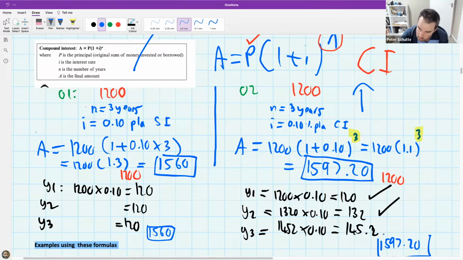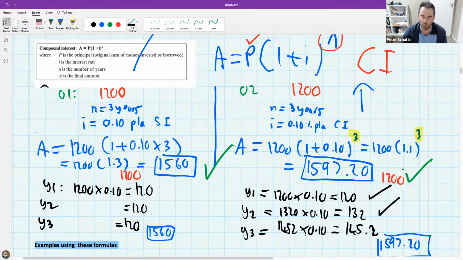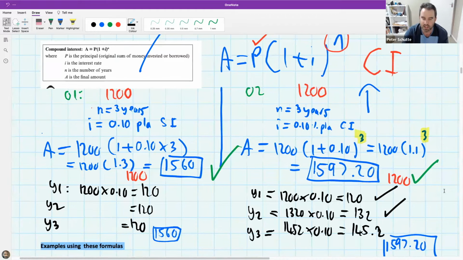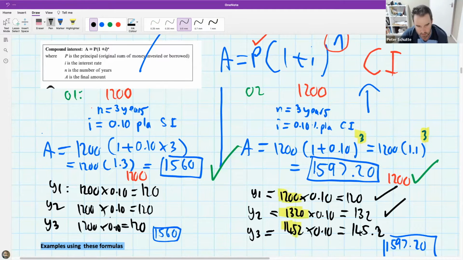And we get 1597.2. Now, do you have to show this when you work this out? No. What I did up here and up here is completely fine. What I find is students don't understand why you get a different amount. And what I was trying to show you here is how with compound interest, you get interest on interest. You don't keep going back to the original. The first year is the original, but after that, the interest that's in the bank helps you out. Whereas with simple interest, you always keep going back to the original amount that you were given, and you get